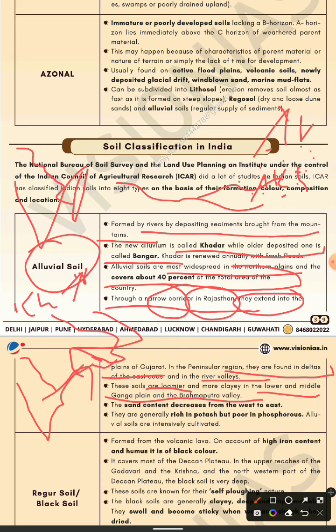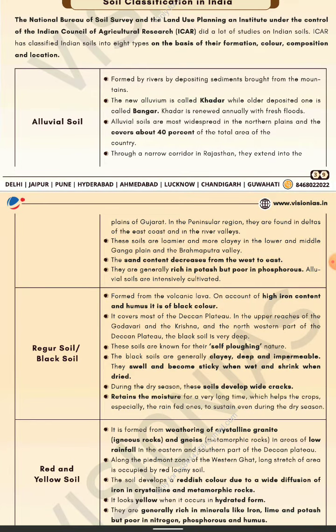And the sand content decreased from west to east, and the reach of the potash maximum, and the potash and phosphorus and the lot cultivation. Then move on to the other section,